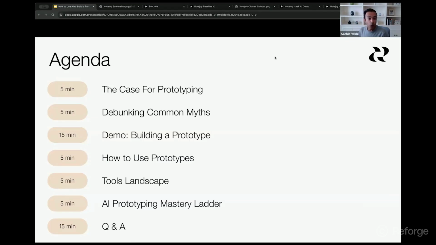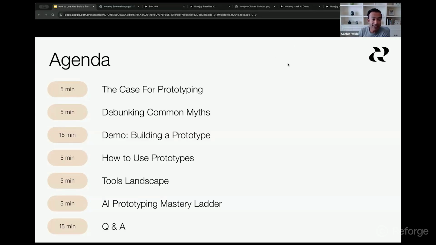One of the key things we're going to be talking about is why prototype, right? Why is this AI prototyping notion that some of you must have heard of important, and why is it beneficial? But I want to quickly get into debunking some of the common myths. I'm starting to see folks using AI prototyping not in what I consider the best ways. And so I want to talk to some of those common myths that are already starting to percolate, even though this is an early field.